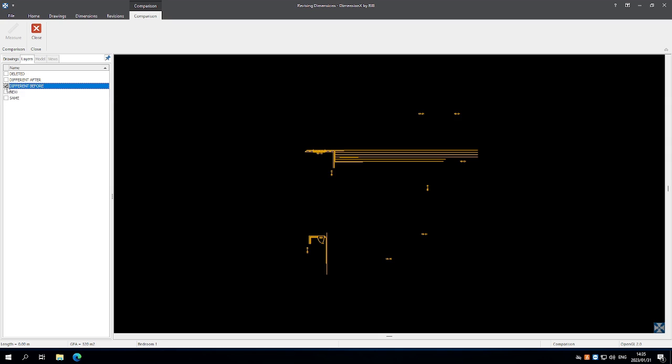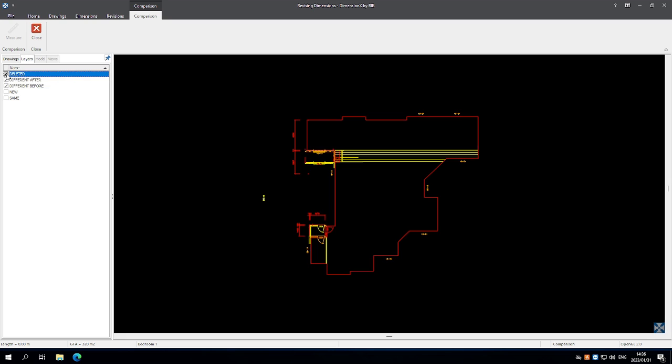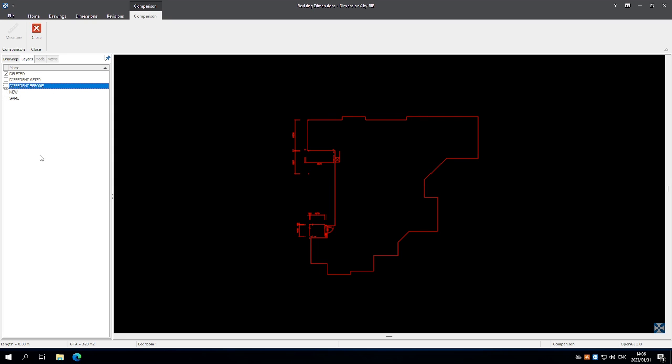Another thing that you can use is what was different before to what is different after. So before was the original lines that were there, and different after is the lines that have changed, from orange to yellow. And then there's also the deleted button, which shows you any lines that have completely been